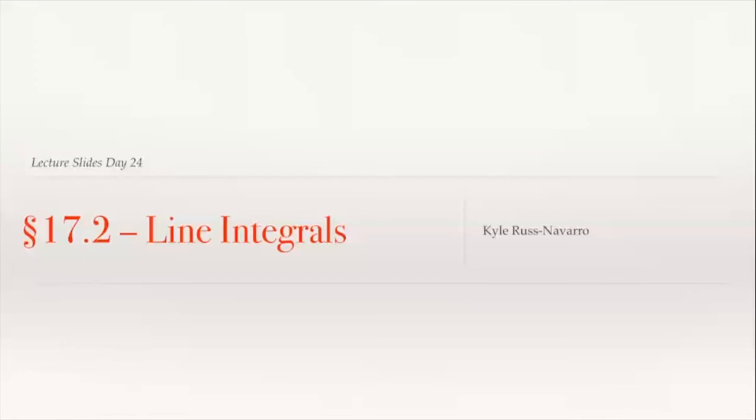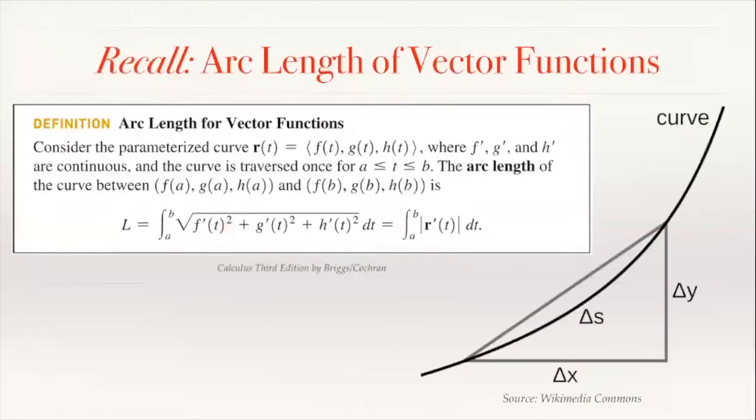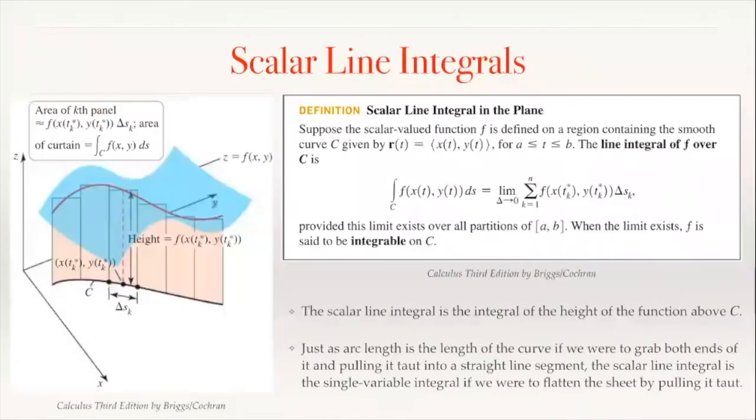Hello, and welcome to the Chapter 17.2 lecture on line integrals. Recall that the arc length of a function is given by the integral from a to b, over the parameter t, of the square root of the sum of the squares of the components, also known as the integral of the speed. And we'll have two definitions of the line integral of a function, the first of which is